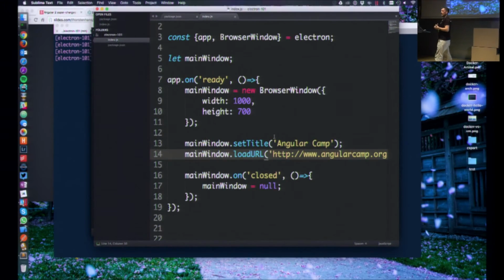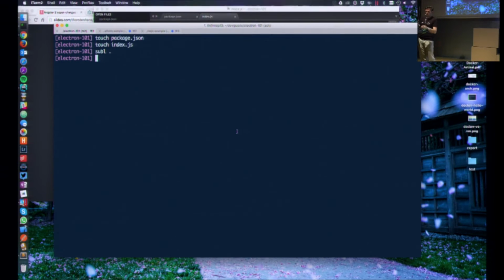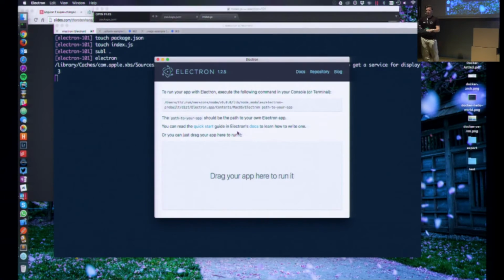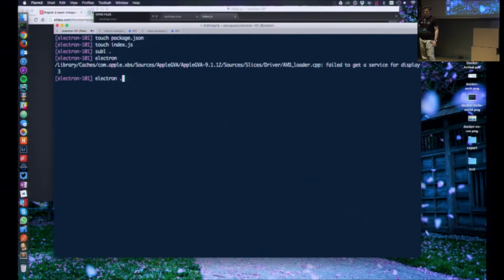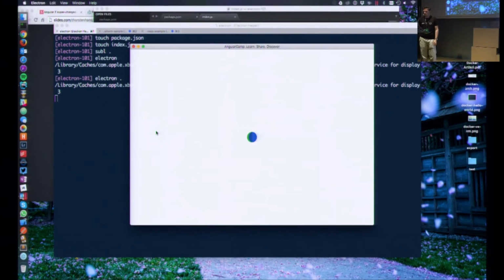Well, there's an NPM module called Electron prebuild, and if you download that one, install it globally, and just execute Electron on your system, then you see this. A native application pops up and says, hey, drag your app right here, and I'm able to display it. Or you could just provide the path to the app that you would like to show, like the local directory. And if I've saved all the files, it's loading up the website from the Angular camp. And while the internet is working in the back,